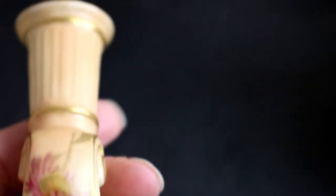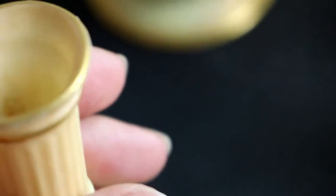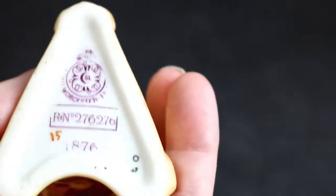That's a little bud vase, nice painted coloured daisies in the typical blush colour with a little bit of apricot. It's a bit dirty inside, but it's so fragile. It was too fragile for me to stick a brush in there and try and clean it out. And there's no damage on this one. And there on the base, it's got the mould number 1876,